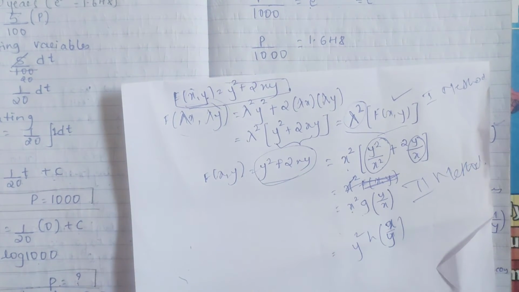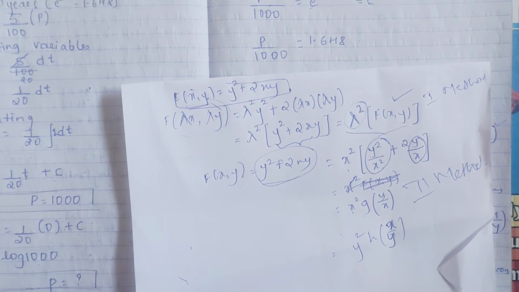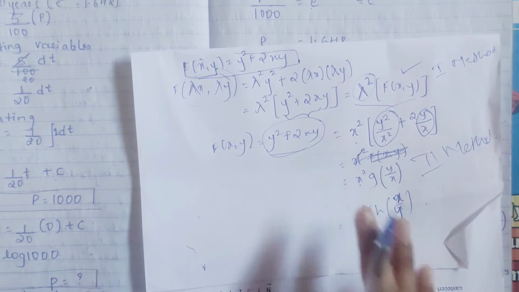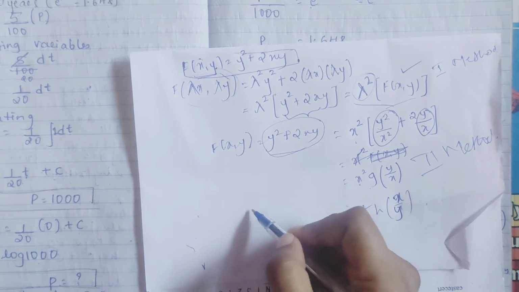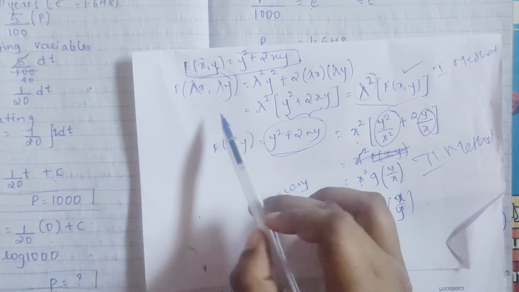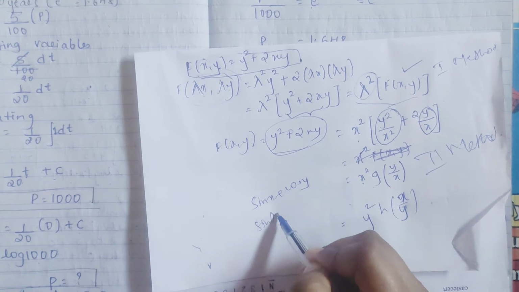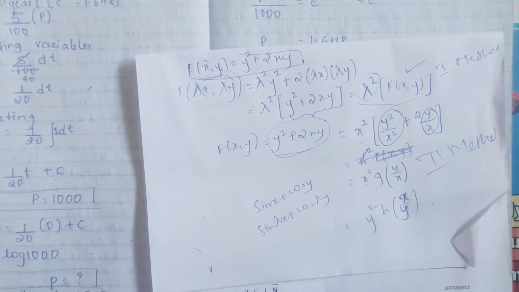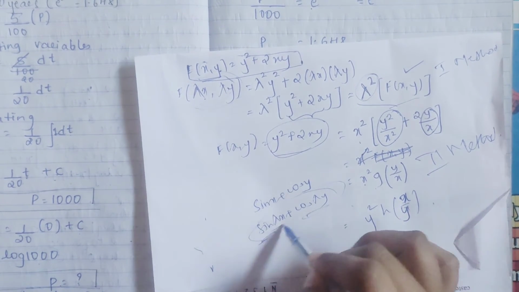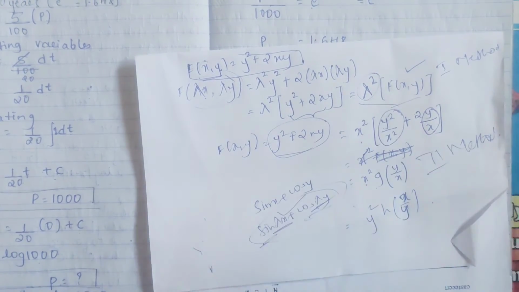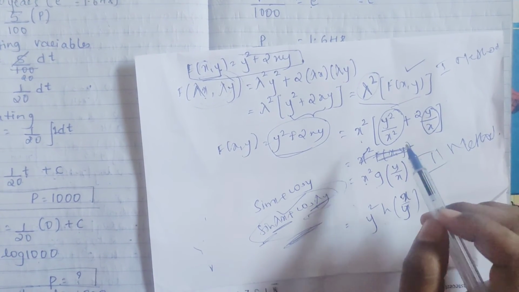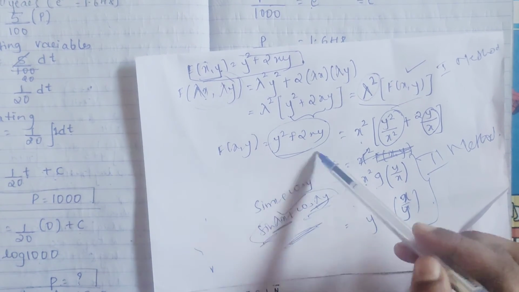For some problems we can do this, for some problems you can't, especially for trigonometric ones, you can't get them in these forms. Why? Because those will be angles. Suppose you have sin x plus cos y. If you replace lambda, you get sin of lambda x plus cos of lambda y, and I can't take lambda common, because this is an angle. So you can't do this in the first method, neither in the second method. For some problems you can't get a homogeneous form.